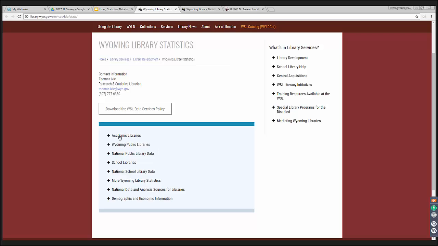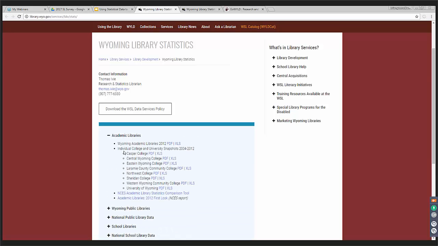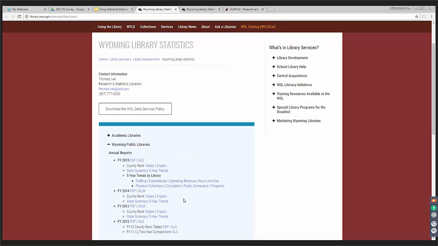So we'll just go to the Wyoming State Library's statistics page and go through a few of our products. Like we said, we do have information on academic libraries. The NCES hasn't done a full survey since 2012, but if you go to their website, they do have some smaller chunks of information on there that you could use. The Wyoming Public Libraries, we're in the process of getting the 2016 data in, but I'll go through. We have the raw data,